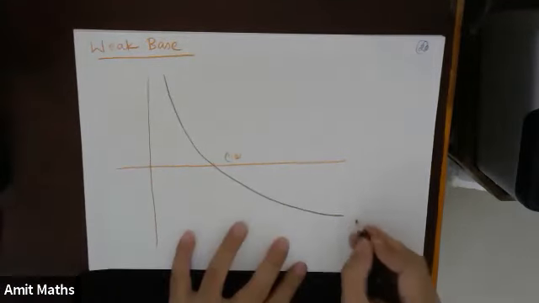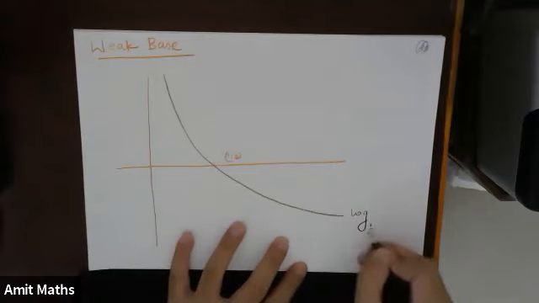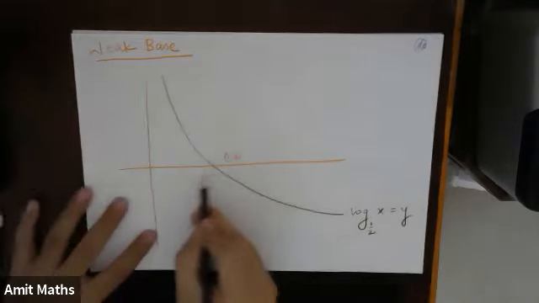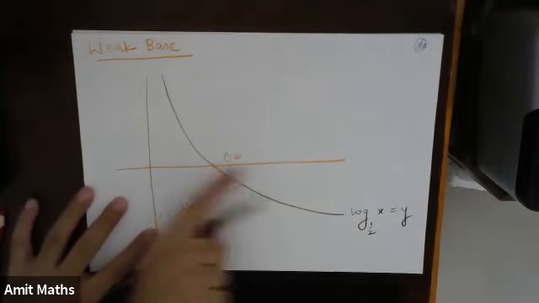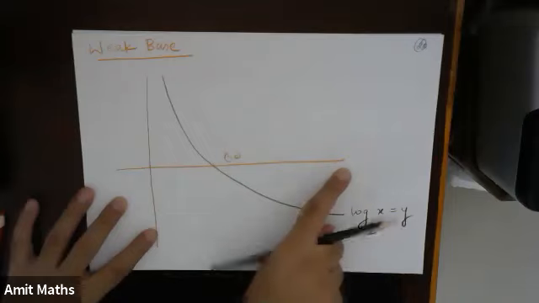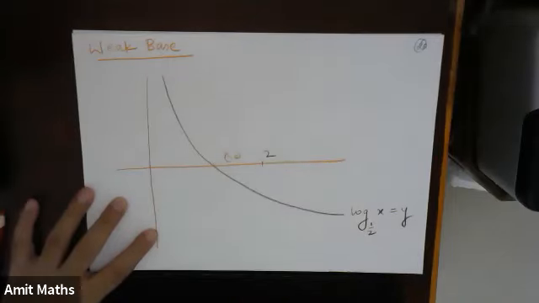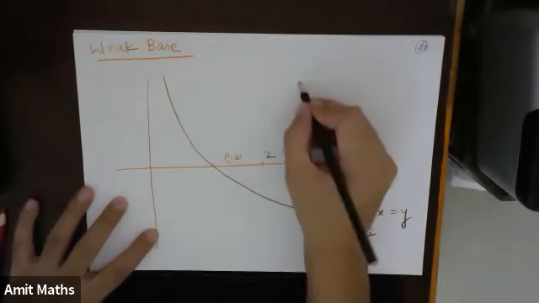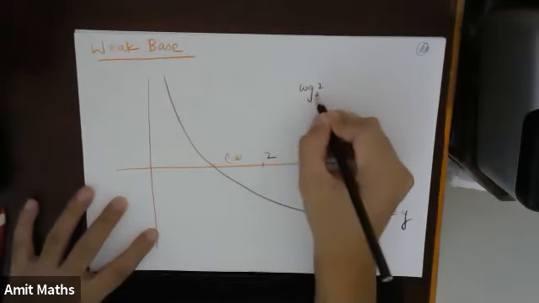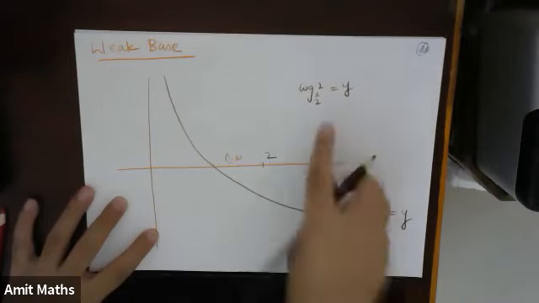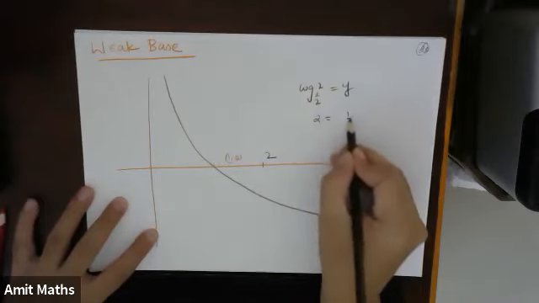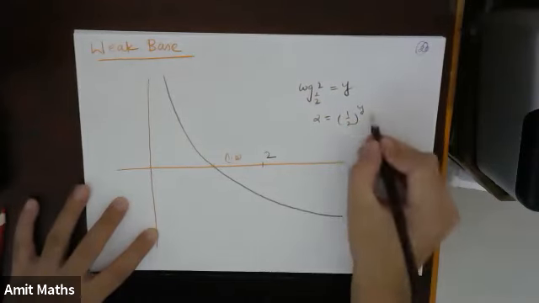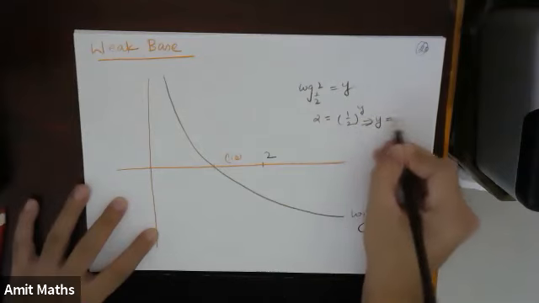Okay, so suppose this is for log base 1/2 of x is equal to y. Now see, if I move x greater than 1, suppose for 2, if I take x as 2, so if I put this function log 2 base 1/2 is equal to y, so 2 is equal to 1/2 to the power y. Just think about it, what should y be? That means this will give us y is equal to -1.